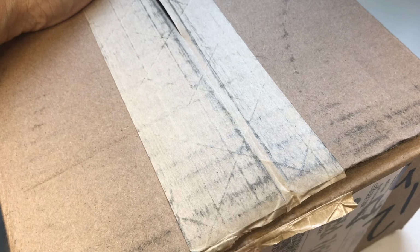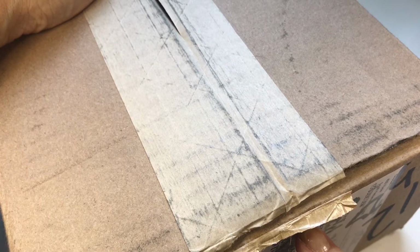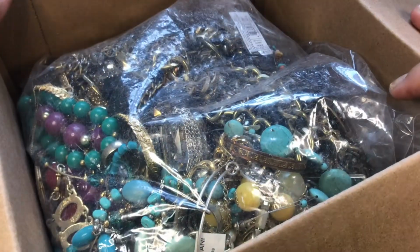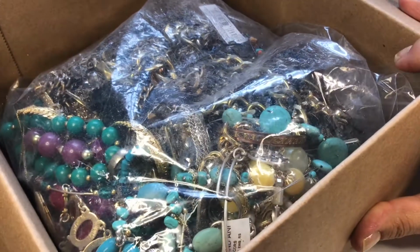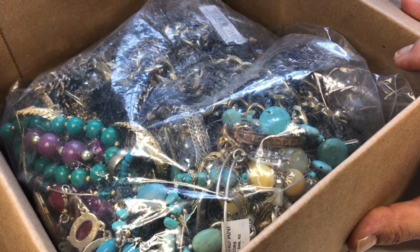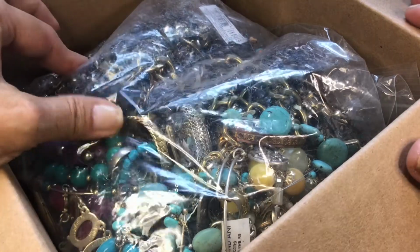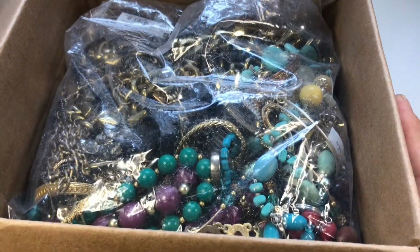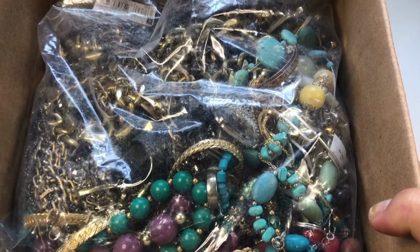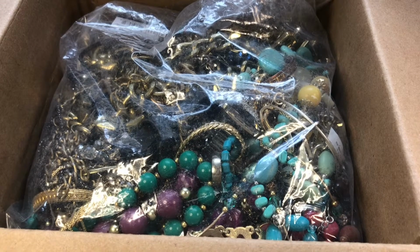I got this box today and I thought it was a vintage lot that I had purchased from shopgoodwill.com. So I opened it, but then I realized there's no receipt, there's nothing in here, and I think it's my Goodwill Bluebox because it came from South Hackensack, New Jersey. There's no receipt inside, and yeah, so let's open this Goodwill Bluebox 5-pound repurposed jewelry box from South Hackensack, New